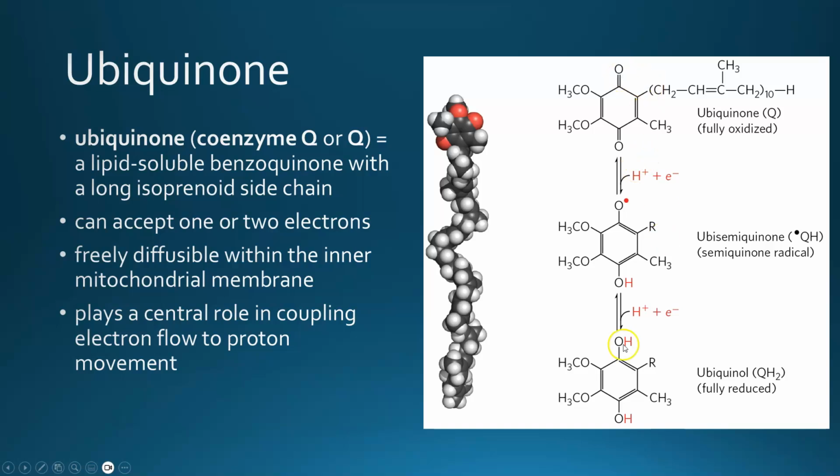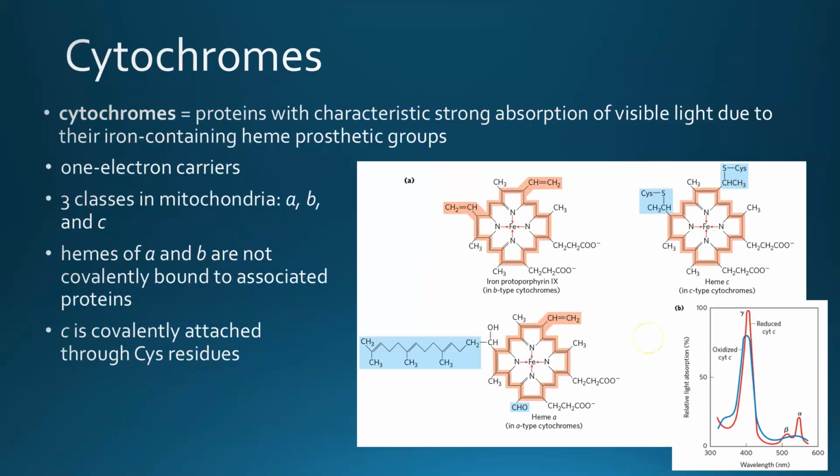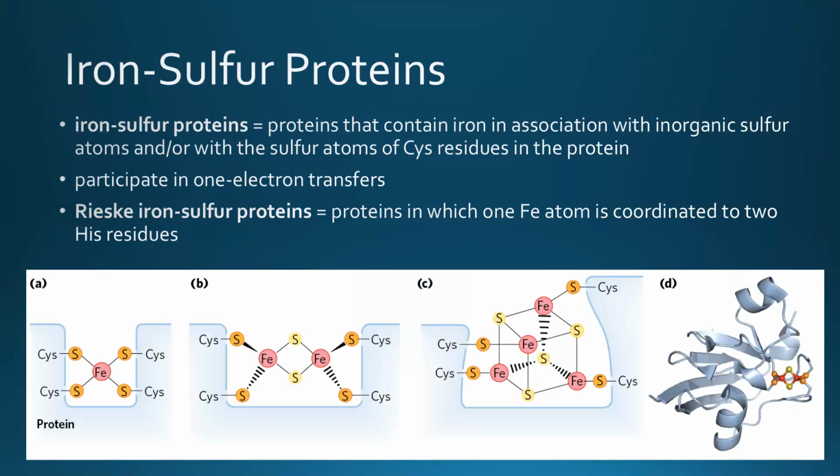A quinone is a diphenol in a reduced state that has a diketone that is conjugated in the oxidized state, and there's the semiquinone intermediate, so these can facilitate one electron transfers, whereas NADH typically only does 2 electron transfers. Cytochromes are heme-containing proteins. They can also facilitate 1 electron transfers, in which iron oscillates between an iron 3 and an iron 2 state. Iron sulfoproteins, same thing. Also, iron oscillates between positive 3, positive 2.